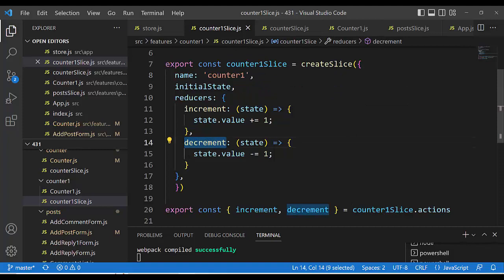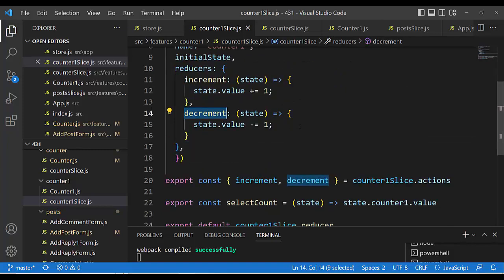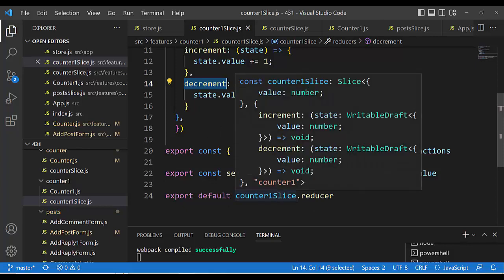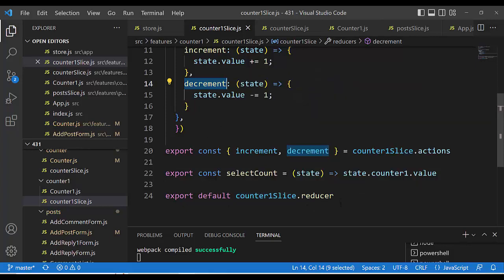Decrement activates only the counter one reducer. Export, export, export, counter slice. And we don't see here a counter one reducer, but all this code, counter one slice dot reducer, gives us